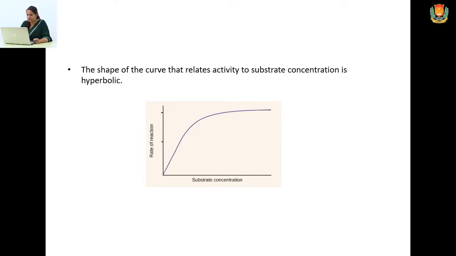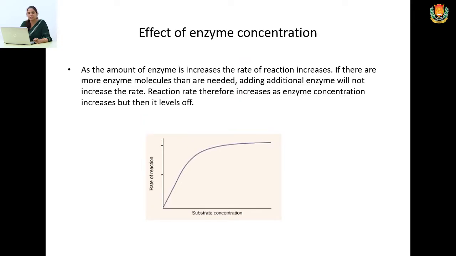The next factor that affects enzyme activity is the enzyme concentration. If we have a vessel and there is no limitation of substrate in the solution, then if we increase the enzyme concentration, the rate of the reaction will increase constantly. In that case, we get a linear plot. On the other hand, if there is a limiting concentration of substrate in the solution and we are increasing the enzyme concentration in that solution,